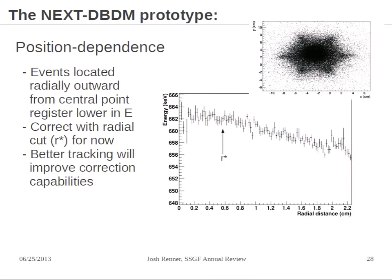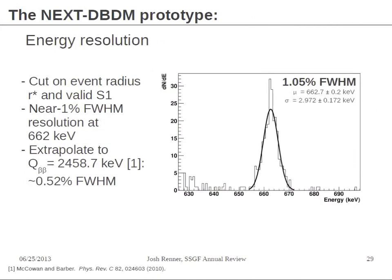Another detail about the detector is that due to the geometry of the pressure vessel and the detector itself inside, the amount of energy observed tends to decrease for a fixed input energy value as the radial distance from the central axis of the detector increases. So if we make a cut here, we can get better energy resolution just by looking at a smaller area of the detector. So with this cut, we've been able to achieve a Gaussian peak of about 1% full width half maximum of the mean energy value